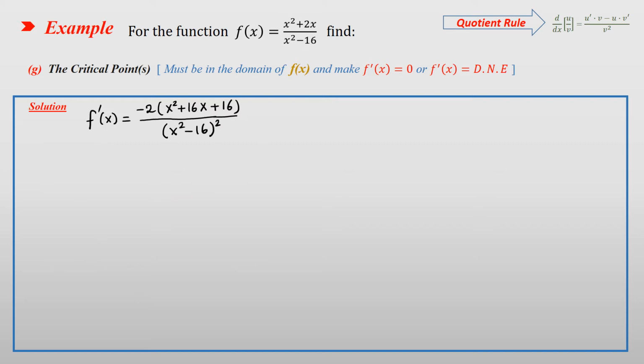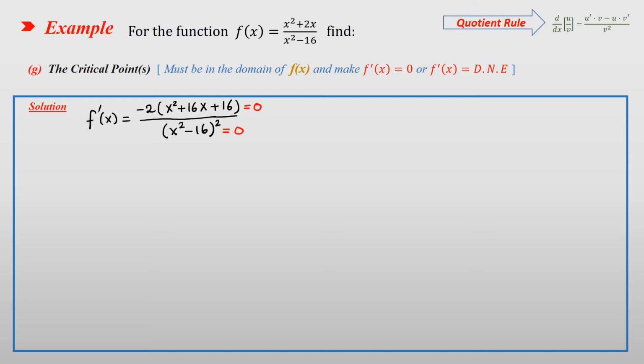In part G, you have to find the critical points. We did f prime, and now you have to make the numerator equal to 0 and the denominator equal to 0 for the function f prime, because if you want to find the critical points, they must be in the domain